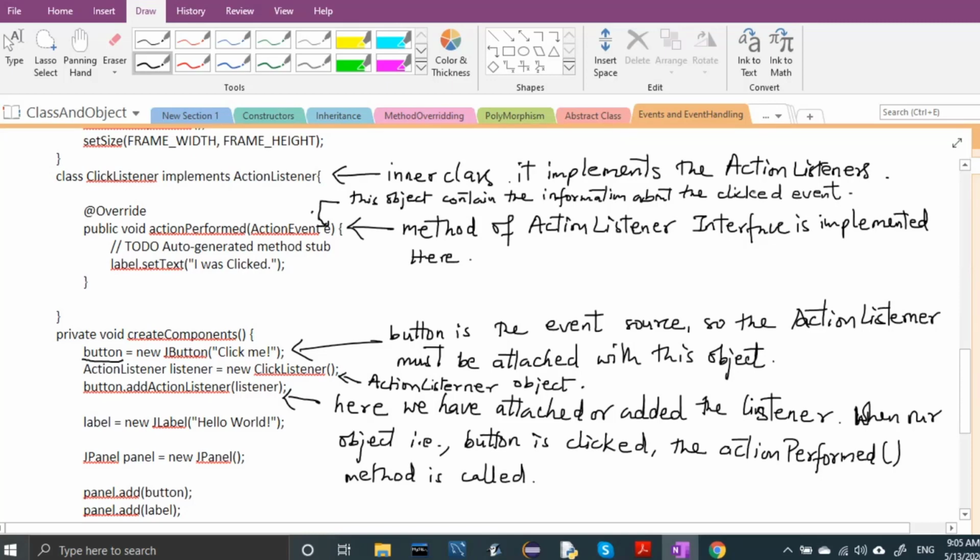So sometimes we use it when the button is clicked. I want the time, so I can inquire the e object. I need what time this button is being clicked. This kind of information we can extract from the action event e object. So the concept is clear, right?